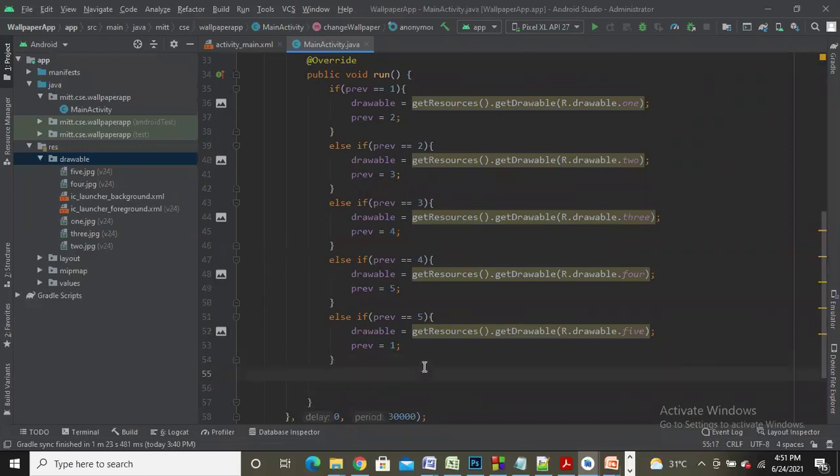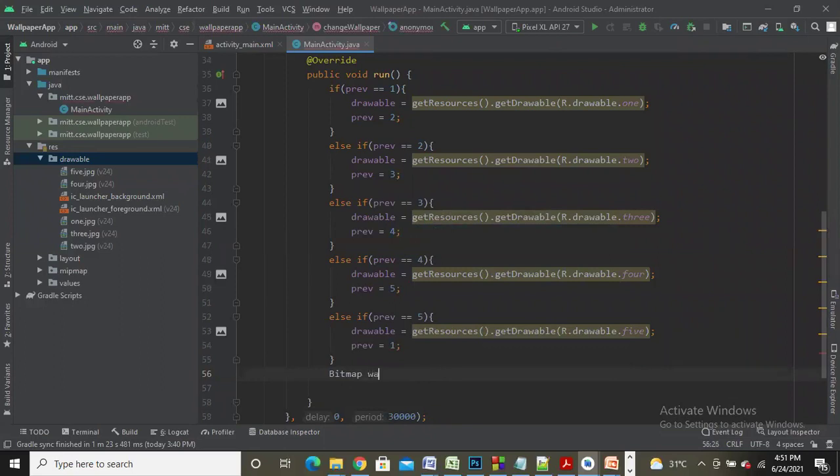So after writing this, as I clearly told you, we are going to make use of the bitmap format to display the images. Since the bitmap format is the simplest one in a drawable, let me create a variable of type bitmap.